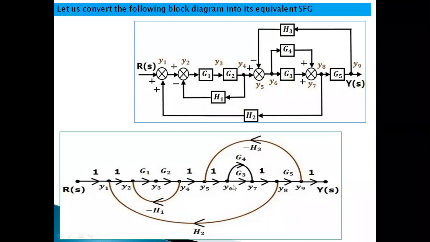There may be two ways or a number of ways. Again, here we have to follow a rule that we must remember: no node is traversed more than once, whether for a forward path or a loop. While identifying the forward paths, no node is traversed more than once. So again, this is one more forward path, one more way to reach the final destination.